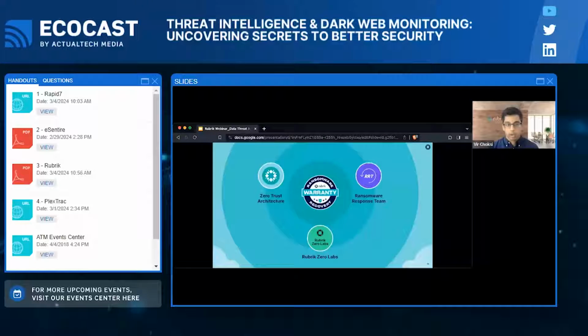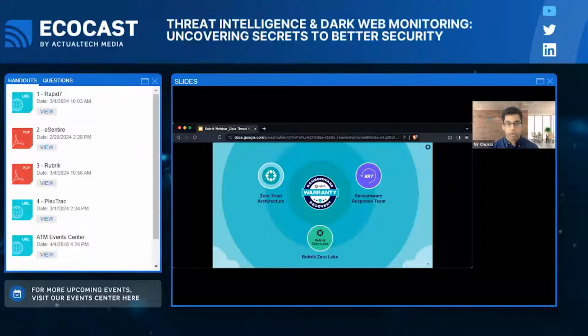I did also want to mention that being cyber resilient is about more than just having the right technology in place. Rubrik also offers a ransomware recovery warranty that guarantees that your data will be available for recovery in case of an incident. We will pay out up to $10 million in recovery-related expenses if that is not the case. And so far, we've never had to pay out.